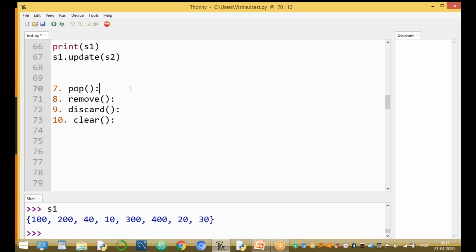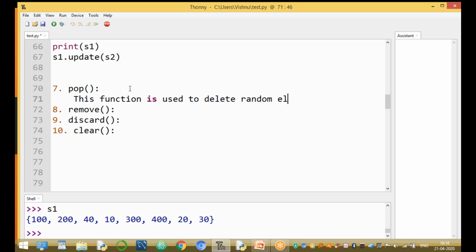What is the use of the pop function? This function is used to remove or delete a random element from a set.